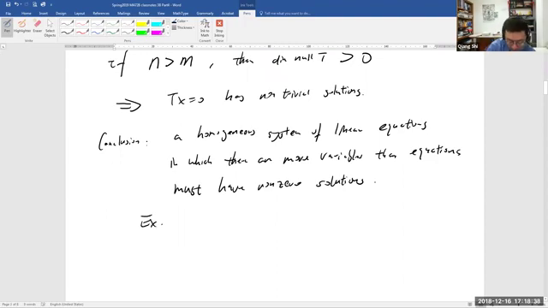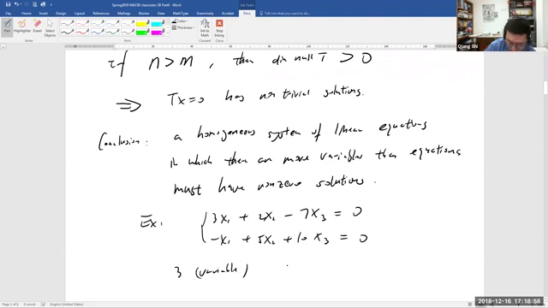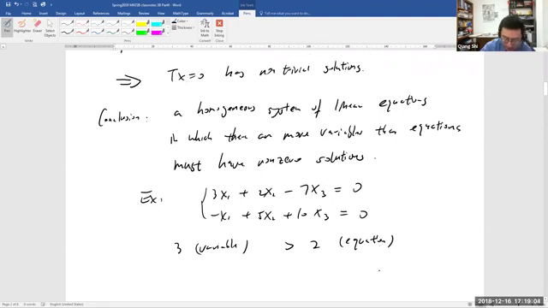So for example, as we said, if you have something like 3x1 + 2x2 - 7x3 = 0, and then -x1 + 5x2 + 10x3 = 0. If you have something like this, if there are 3 variables, greater than 2 equations here, then this homogeneous system must have non-zero solutions. Of course, if x1, x2, x3 are all equal to 0, then it's always a solution, but there's